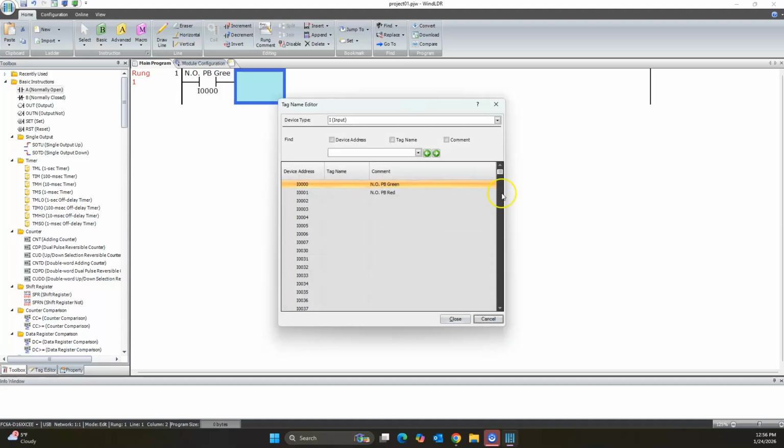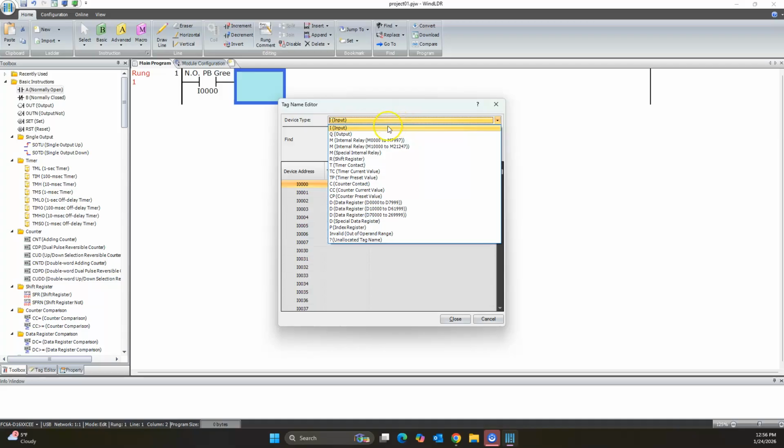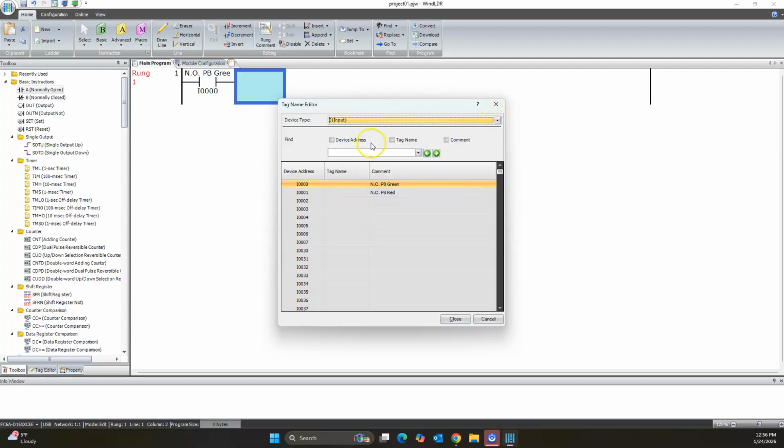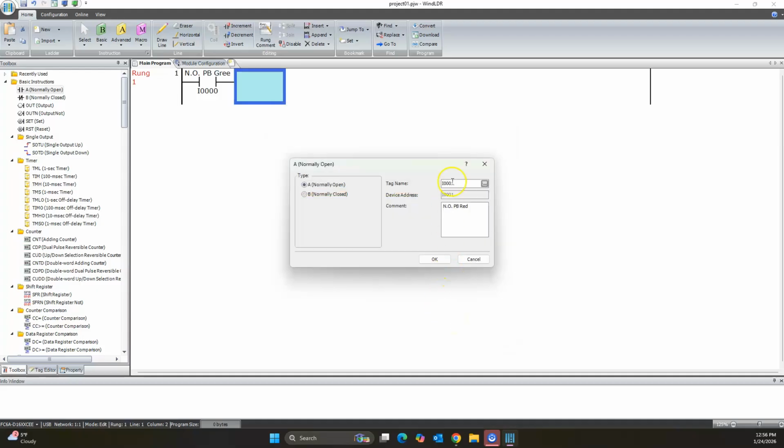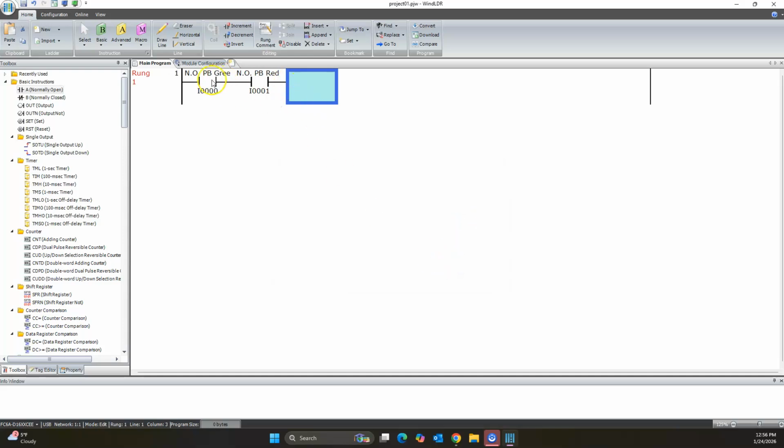And I click on that little three dot button, and I go to my inputs. If I wanted an output or something else, I can just drop that down and find it in here. And now I can select my red button. It's also normally open. Here it is, normally open, push button. It's red. Okay, cool. I've got a green push button. I've got a red push button. And now I need a coil